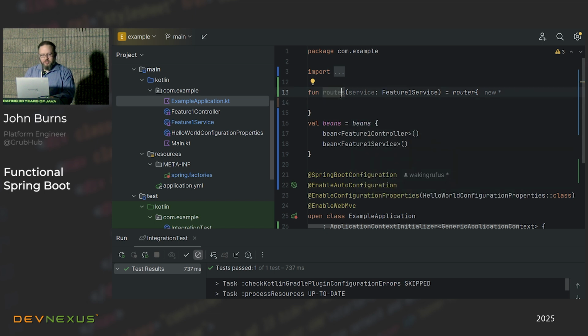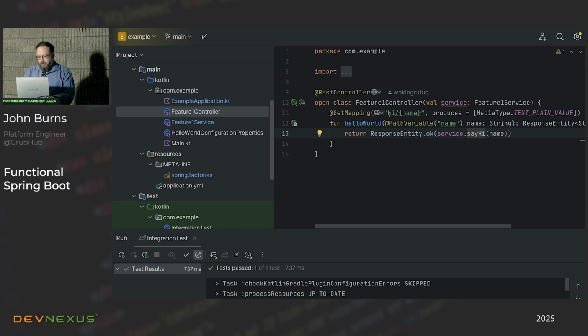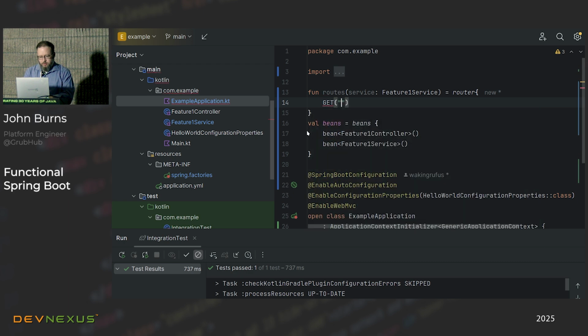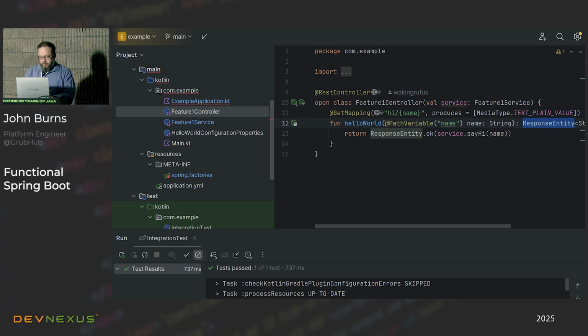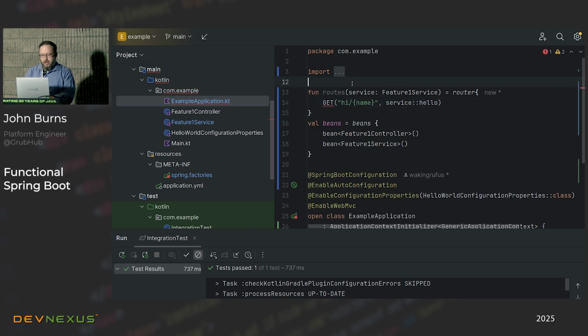Kotlin has top-level functions. That's what this is. You don't need a class to declare a function in Kotlin. So this is just declaring a function. It takes this parameter, and we can declare some routes. So what does our controller look like again? We're doing a get on hi/name. And then we want to call service.hello. All right, so here's the problem: service.hello is a controller, right? It's just returning a response entity. So we are going to need to define the right